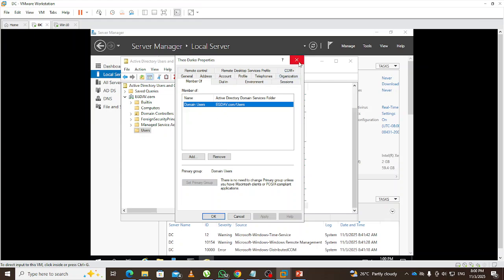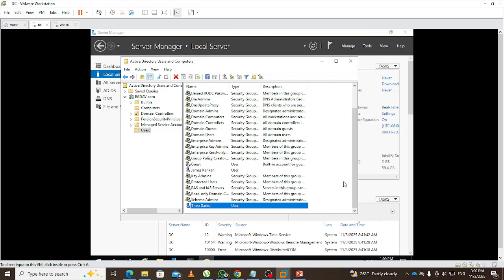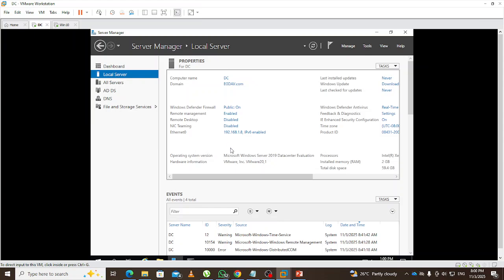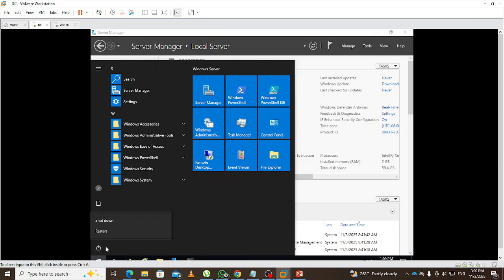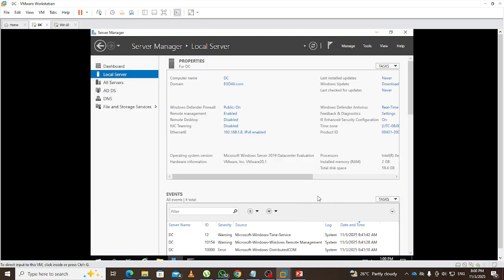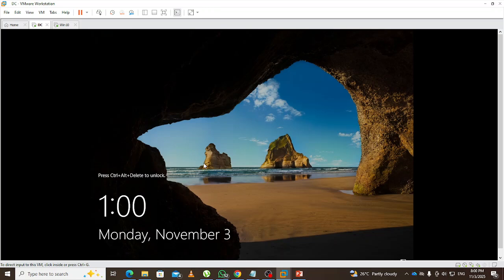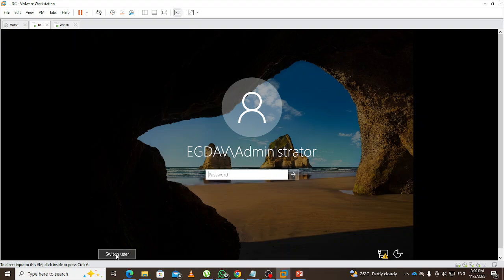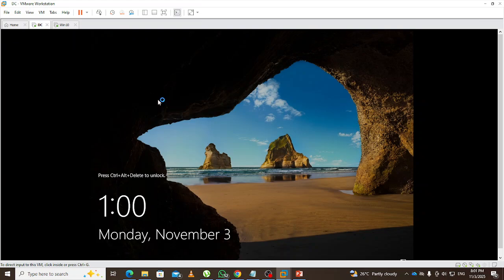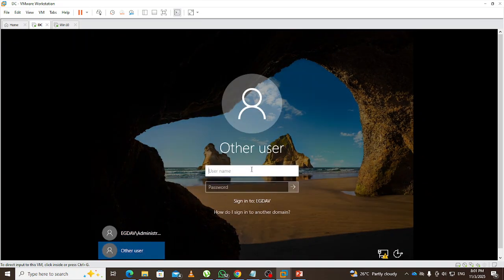Now let's check something here. Example, I'll just log out from this account, and then let's see whether I'll be able to log in as Teo. So click, shutdown, no, let's say Windows L, let's log, not the main. Okay, so control alt delete, we have this, so I'll click on switch user account, and now let's see, other, we have